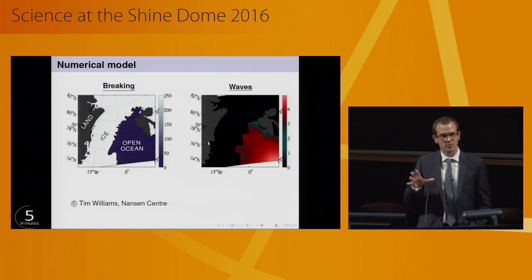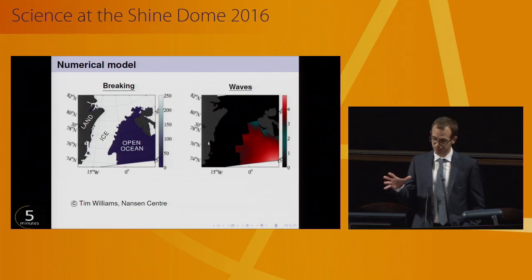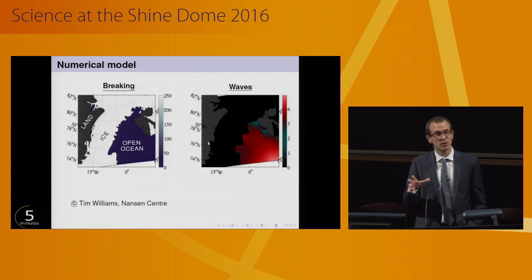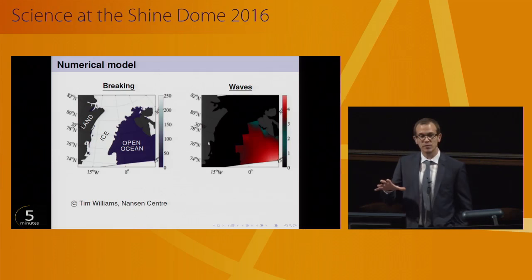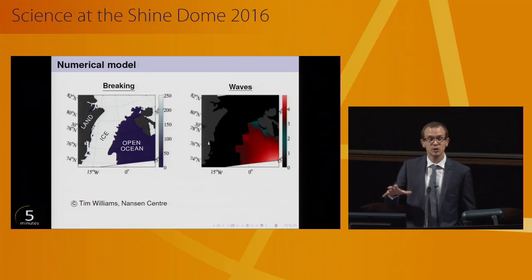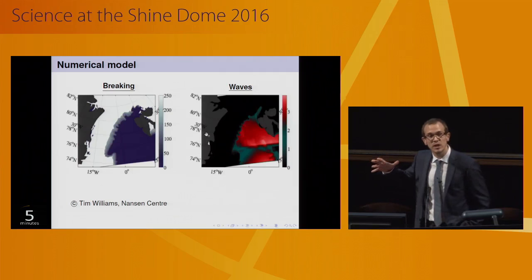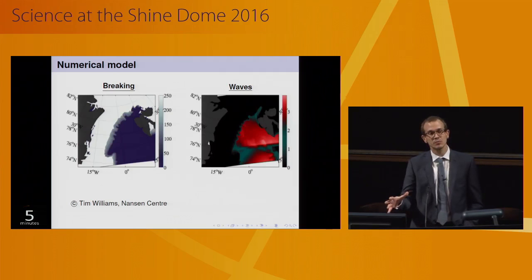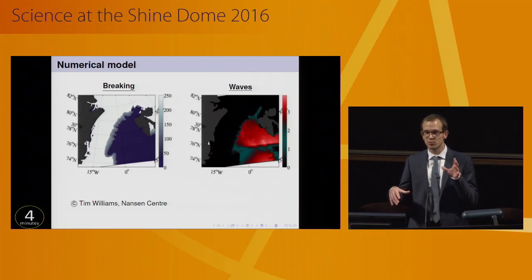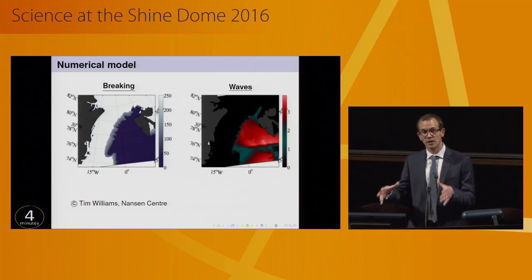Around 5 years ago, I was involved in a project to model that sort of event. I'm going to show you some snapshots of the model applied to the region of the Arctic known as the Fram Strait. The instant wave field is on the right, and the initial ice floe sizes are on the left. We set them to be large because we consider the ice to be unbroken at the beginning of the simulation. We then release the waves. On the right-hand side, you see that the waves are propagating into the ice-covered ocean, but the ice is damping the waves. On the left-hand side, you can see the breakup of the ice that's occurring where the waves have penetrated.